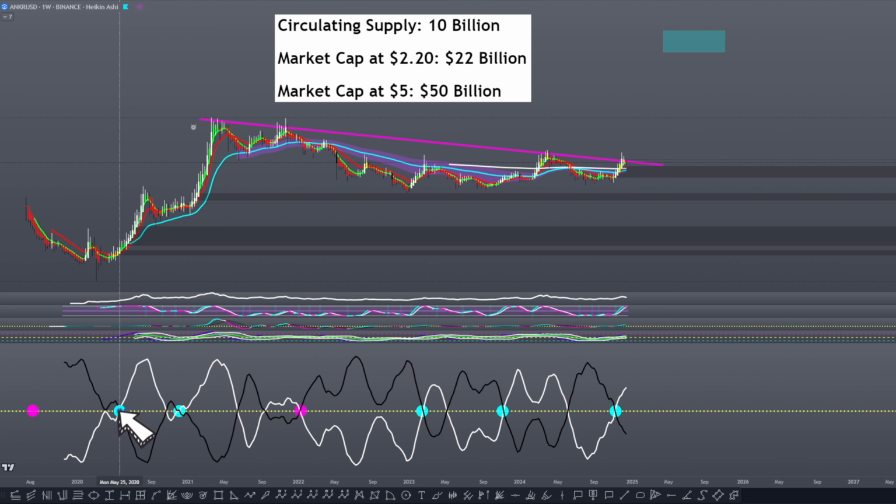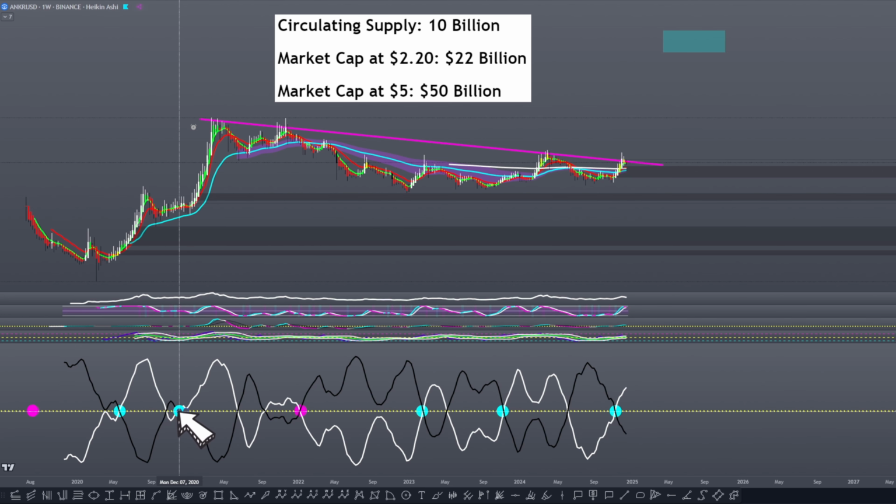That then leads into the first cross here in May of 2020. You should have anticipated it. This is after the March crash of 2020, so that's nice. You should have anticipated this because there was a bullish divergence. You would have then caught a move from roughly 1/10 of a penny all the way up to approximately 22 cents. Fantastic move.